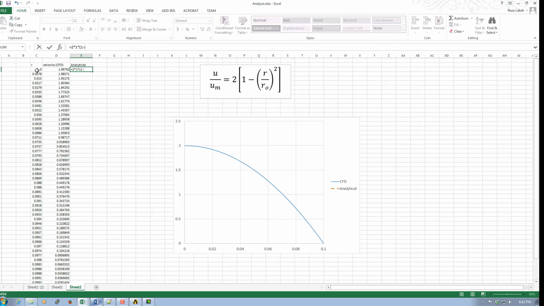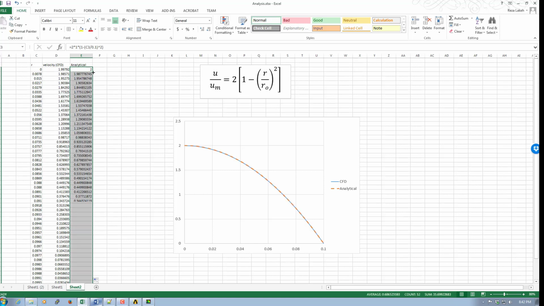R for each point is variable, so I'm gonna click on this, divided by R naught, the radius of the pipe, is 0.1. I know that. This should be raised to the power of 2, then close the parenthesis again, and that's it. So I can redo this for all these distances from the center line by simply double clicking on this, and as you see